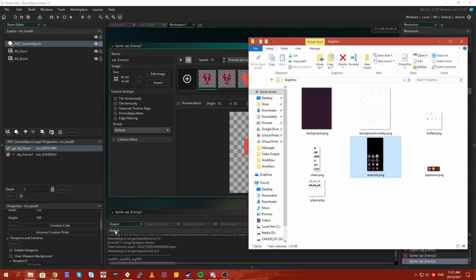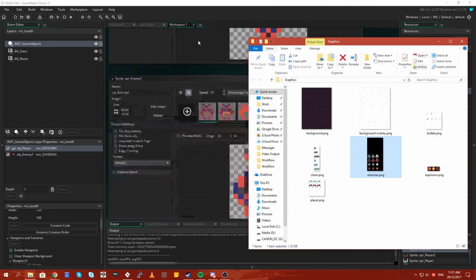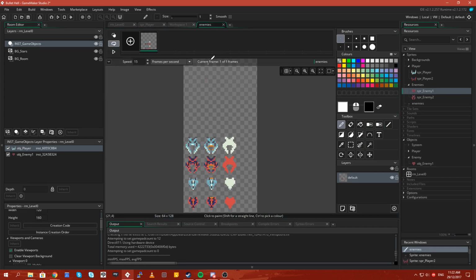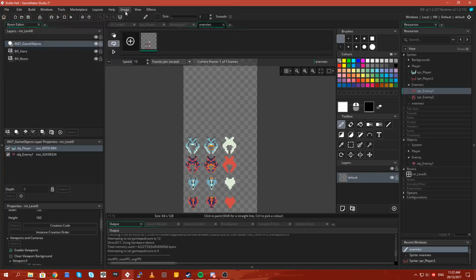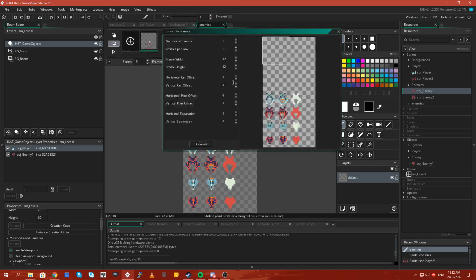Alright, let's try something again. Let's bring this guy back in. Split it back up. Sorry for the repetition. Normally, if I was making a tutorial, I would have edited all this out. They were 15 by 15, I'm sure they were. 12 frames, 3 per row, 0 on the horizontal offset, 4 on the vertical offset.